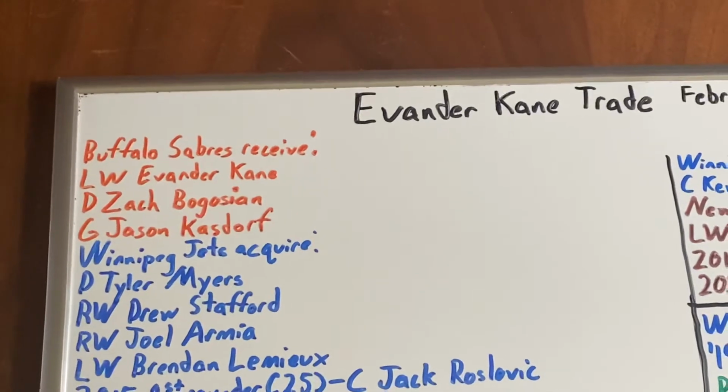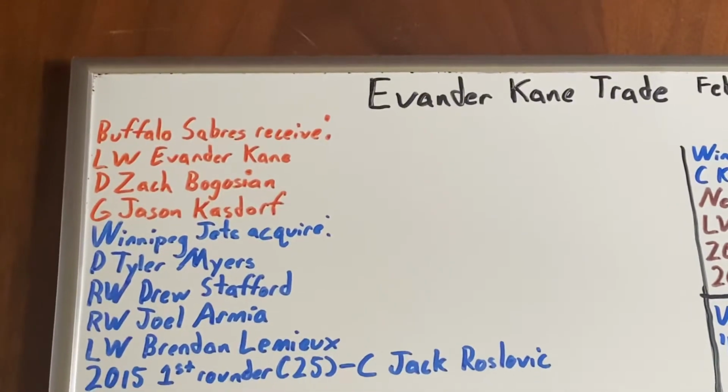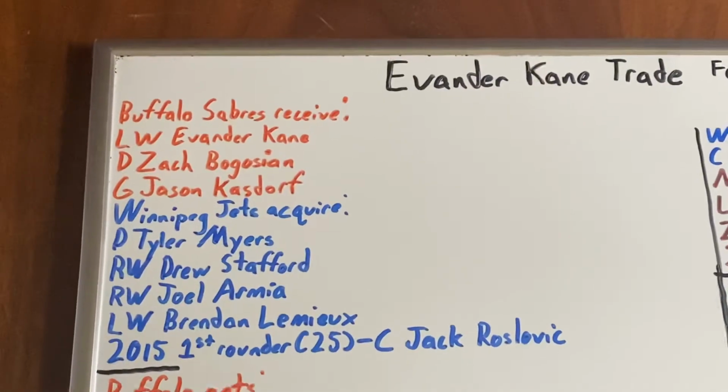game in which he allowed 4 goals in a loss before going down to the minors, and he would spend most of his time in the organization playing in the ECHL before leaving as a free agent. So Winnipeg got 5 assets in exchange for this group of 3, and the first one we'll look at is